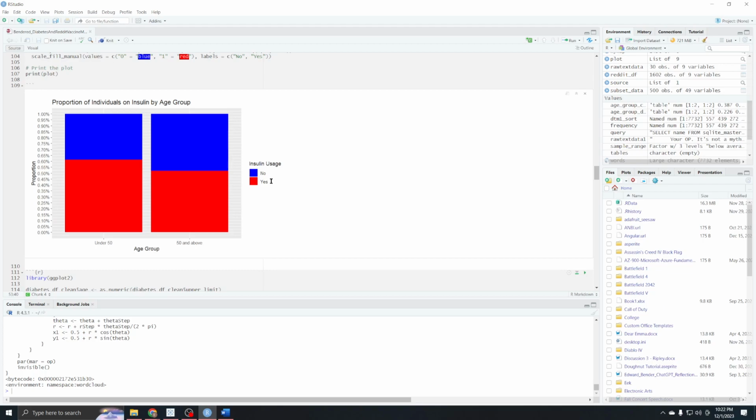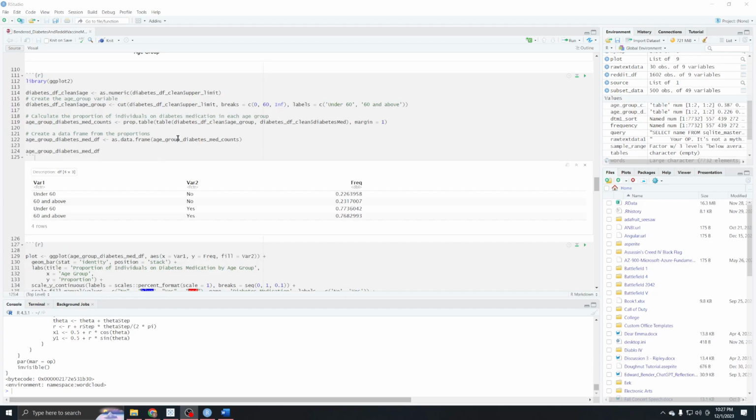And this kind of makes sense when you think about it, because insulin is mainly used for people with type 1 diabetes, which is genetic, and most of the time if you have diabetes under a certain age, you're not going to develop type 2 diabetes until later in life, just because as you get older, your diet's probably not as good as it should be. So if you were to have diabetes under the age of 50, it's probably type 1 diabetes, which means you use insulin.